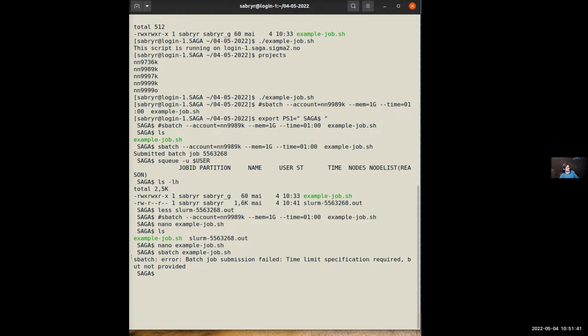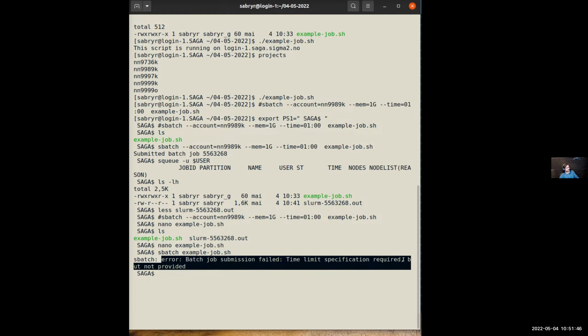So here it says it has actually detected: submission failed, time limit specified required. So sbatch is looking for the time limit, but because I misspelled it, it didn't read it as an instruction. So when you're going back to the exercises, you should read these messages, Bjørn. Don't you agree that, rather than just trying more things, if you read it carefully, Slurm tells you a lot of things that you could actually fix? Have you encountered that? Reading more thoroughly, you get more detail on how to fix it.